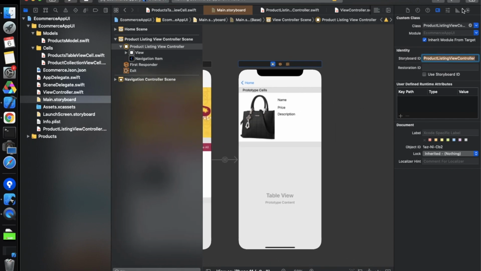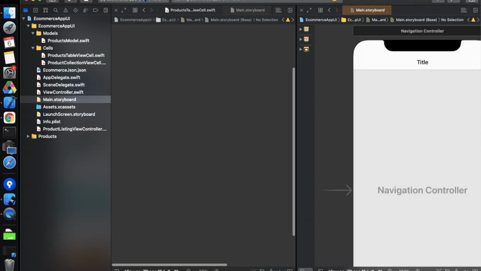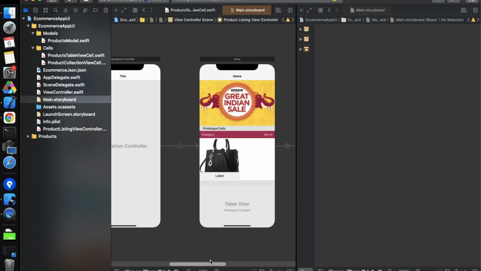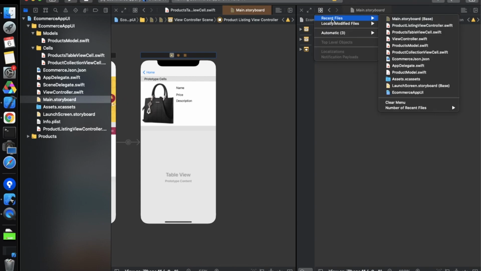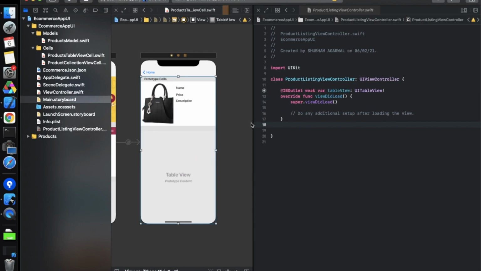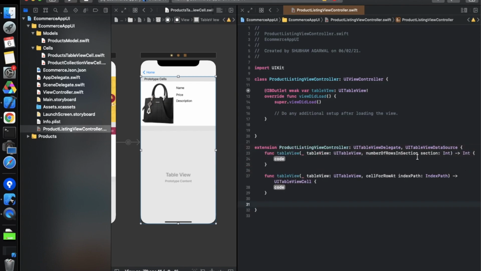Now let's quickly add the things which we want in this controller. So just take the outlets of different things. Where did that class move? Okay, over here. Now let's take ProductListingViewController. Take the outlet of the table view, and we have to set up the table view data source and delegate over here. So just define the same thing which we did in the previous controller, UITableView. Now it will prompt us with an error that we need to define the required data source and delegate methods.